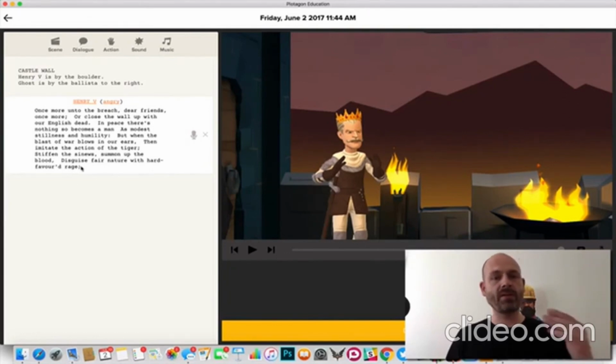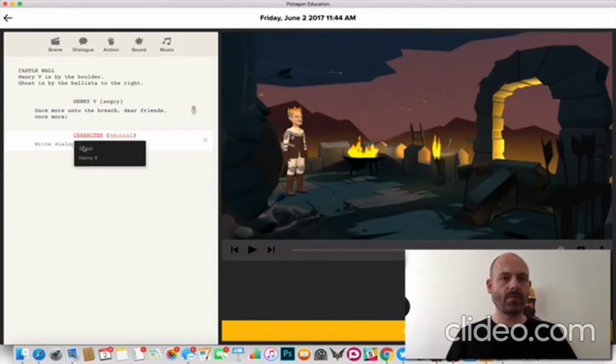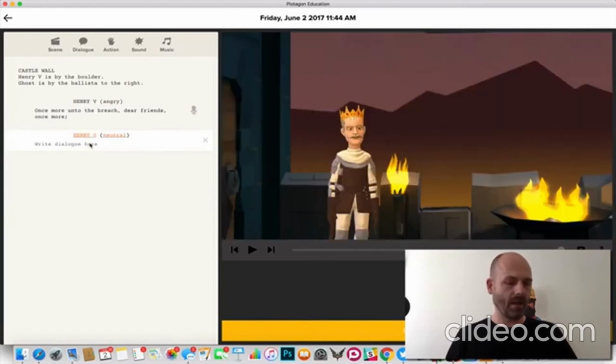What I do is I paste all of the text into the first dialogue, and then I copy the first part of it. And I cut, create a new dialogue by the same character, and paste.